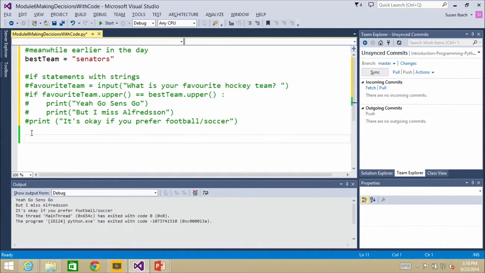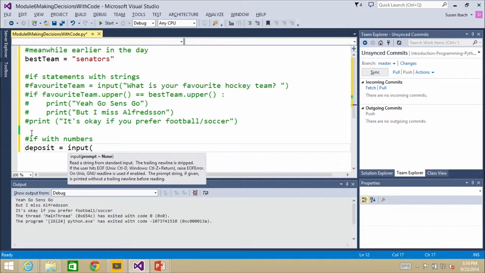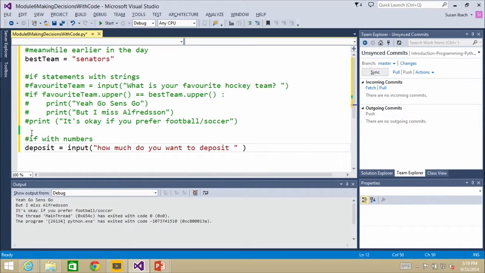So let's add an if statement here. If with numbers, and we're just going to say, let's do a deposit equals an input of "How much do you want to deposit?" I'm going to add a space there so it looks a little bit nicer on the screen.